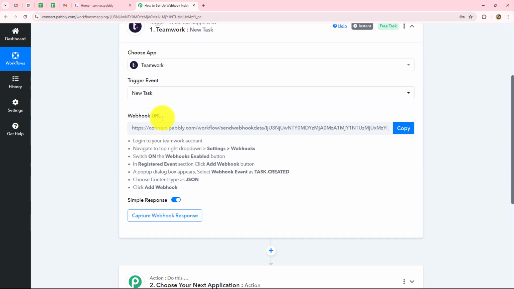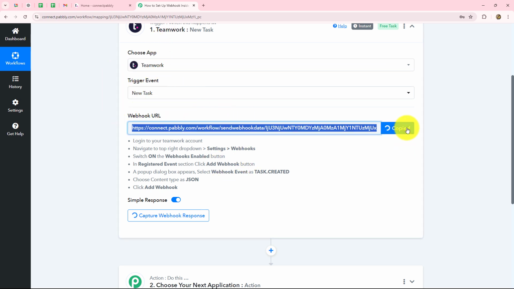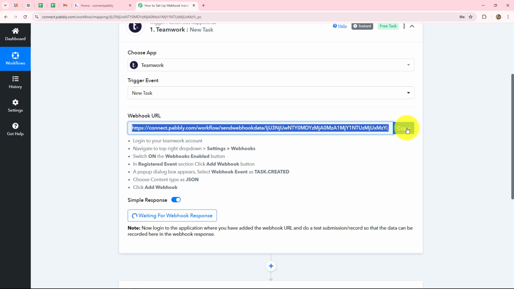As we have done that, here we have received a webhook URL and we have also received some instructions. We simply have to follow these instructions step by step to set up this connection, and the webhook URL is going to act as a bridge between Teamwork and Pabbly Connect because it is going to transfer the data of every new task from Teamwork towards Pabbly Connect. So let's copy the webhook URL